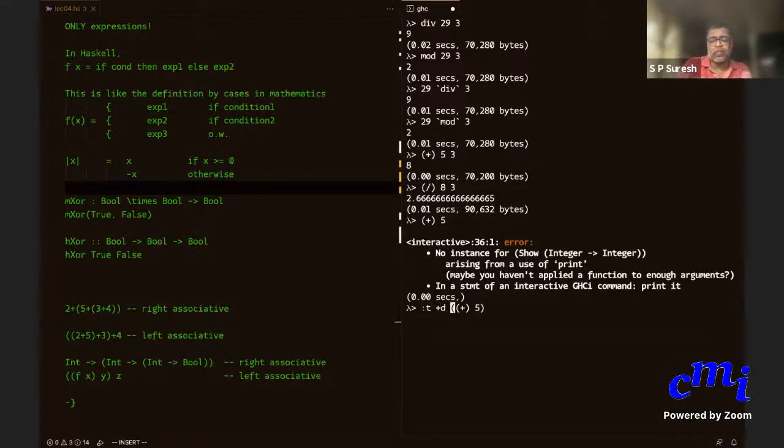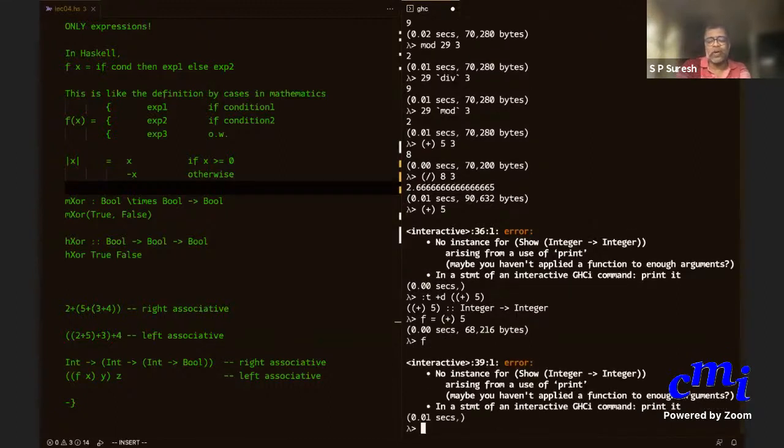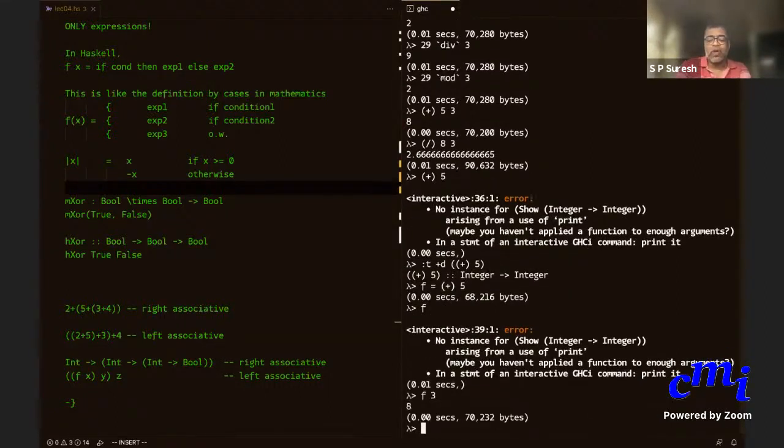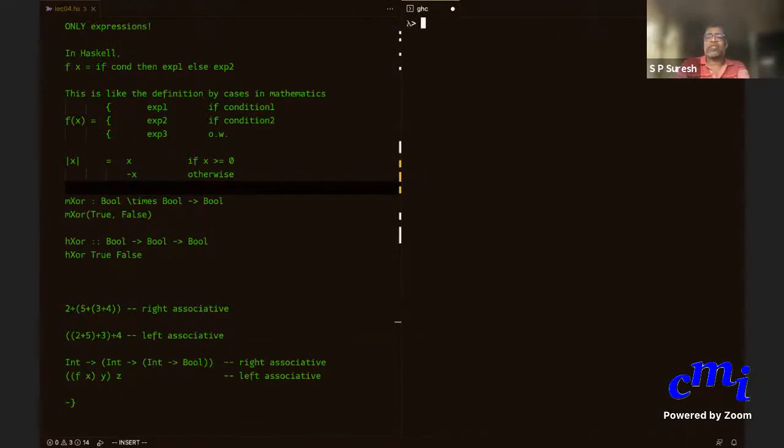You can ask for its type. You can say f equals plus of 5. You cannot just say f, it will say I cannot print it, but you can do all this. But now I need a shorthand for plus applied to 5.